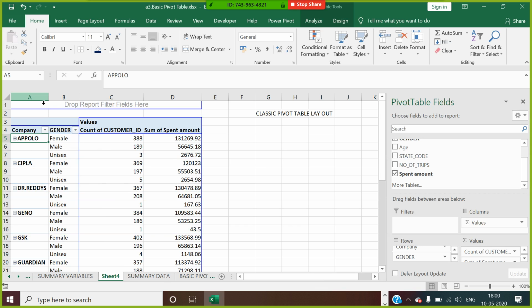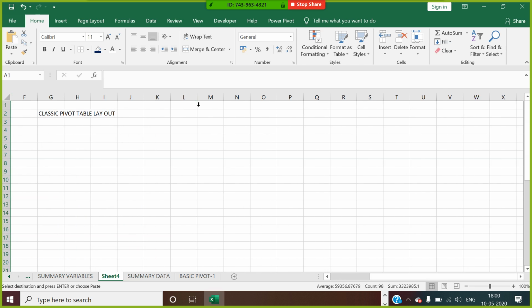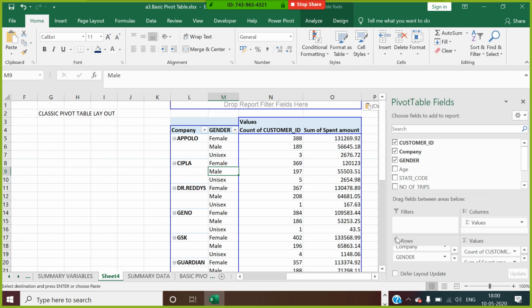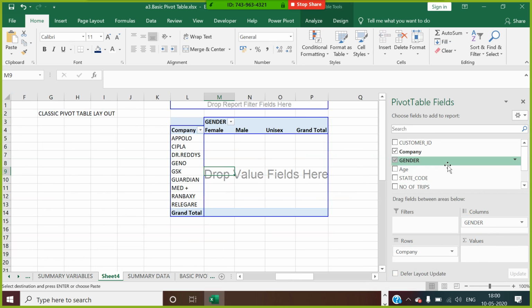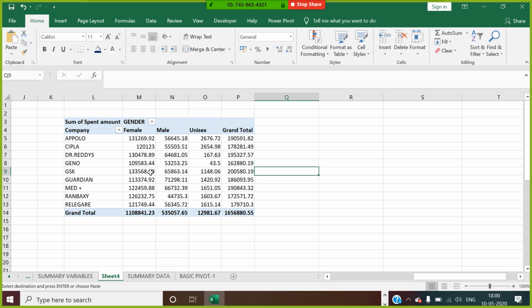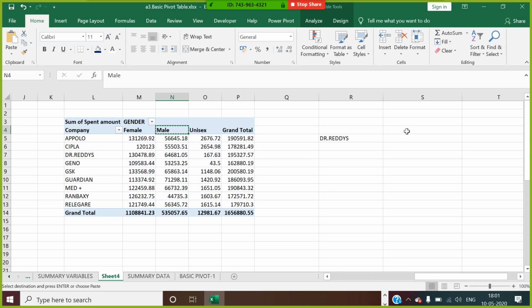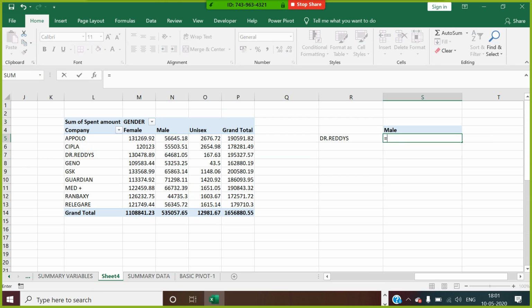I'll also show you something here. If you keep your data like this and get your sum of spend amount, and I want to get values out of this for, let's say, male, I can use an option: if I type the equal sign and click the value from the pivot table, it is called GETPIVOTDATA.